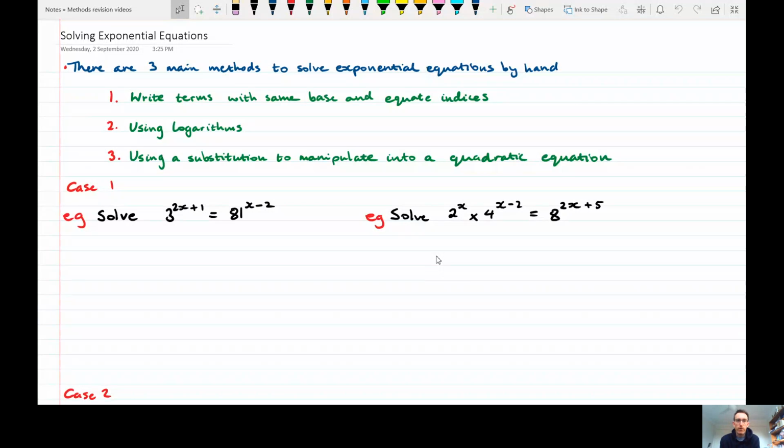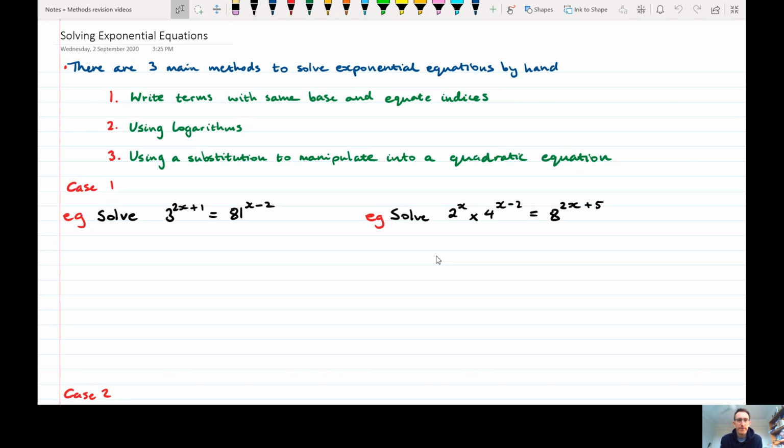Okay, so in this video, we're going to do some revision about how to do exponential equations. These have been quite well done from probably year 9 for some of you, maybe definitely year 10 for the rest of you. And we're looking at the three different ways, or three main methods of solving exponential equations that